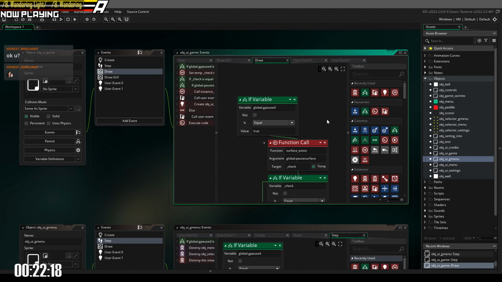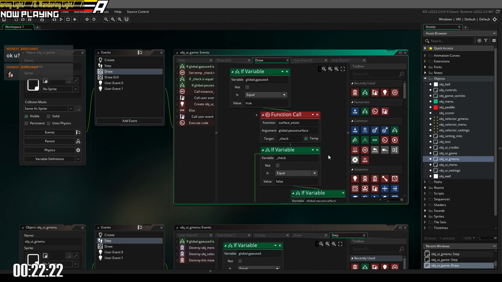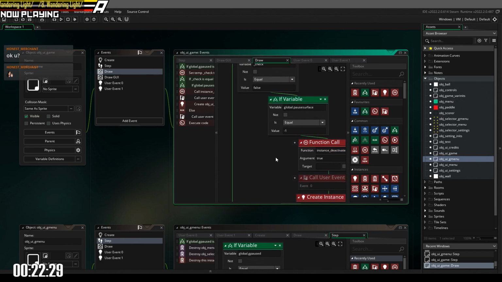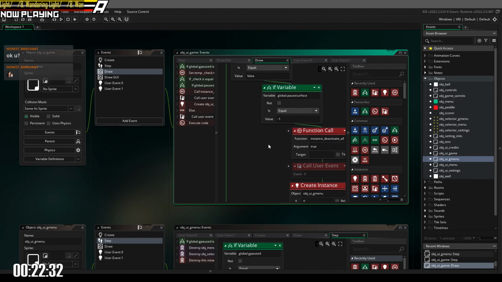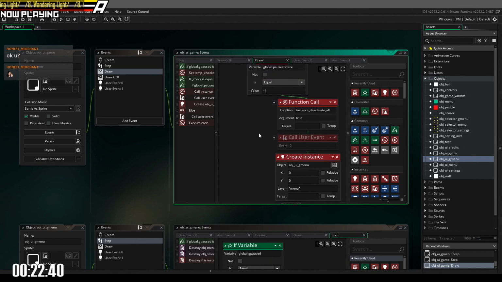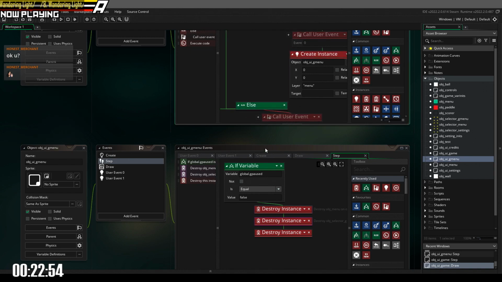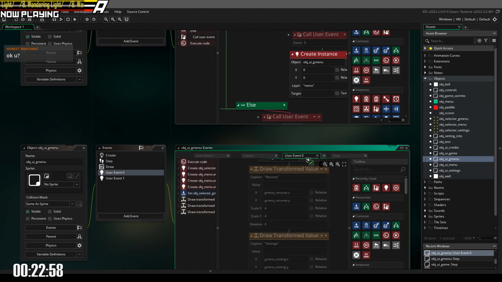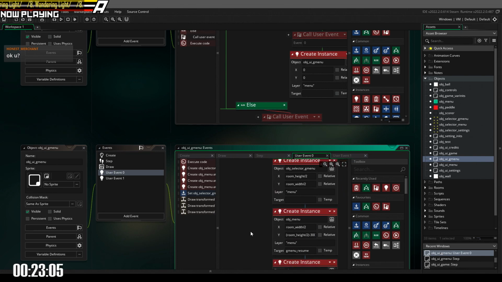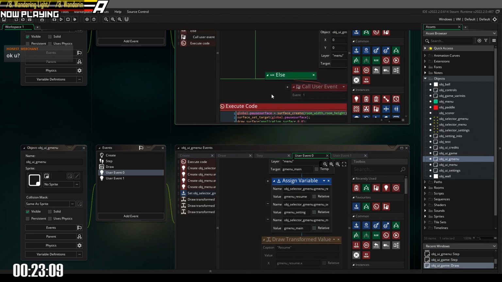If the game gets paused and it does the surface check to see if pause surface exists, and the check comes back false, and the pause surface is -1, which means that the pause surface has not been created yet, it deactivates all instances, then creates the game menu object, which on creation runs the user event that creates the menu objects. Then else